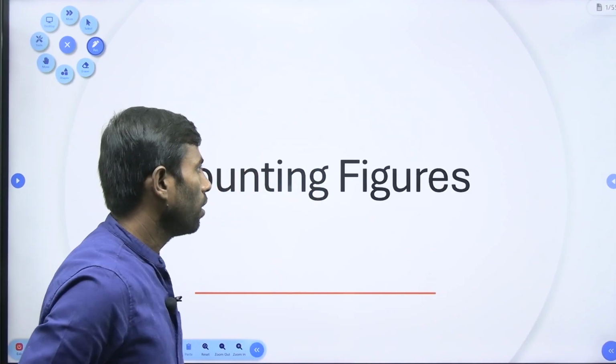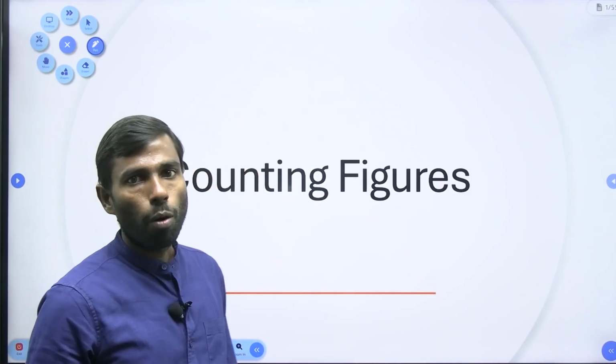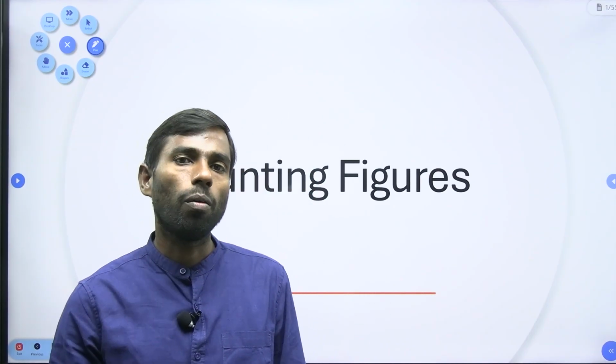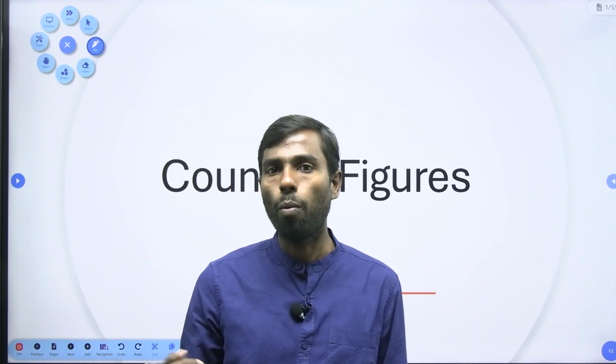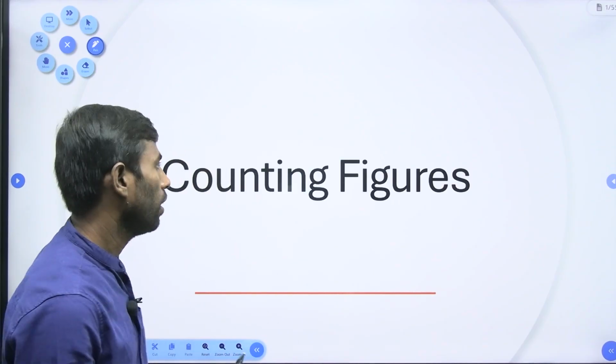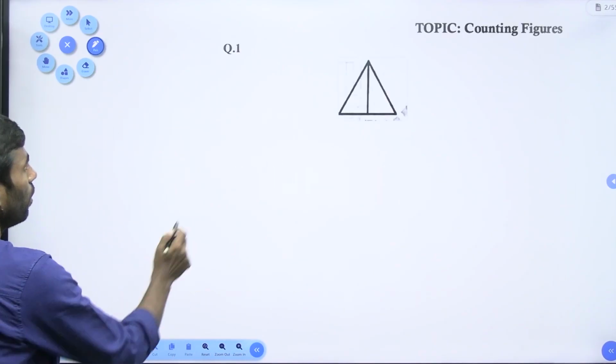Today we start a new chapter as a part of the reasoning syllabus, that is counting figures. This is a very easy chapter. In counting figures, we see how many triangles are there in a given figure, how many squares, how many rectangles, how many circles, how many straight lines, how many cubes are there in the given figure. They frame the questions like this. In a given figure,